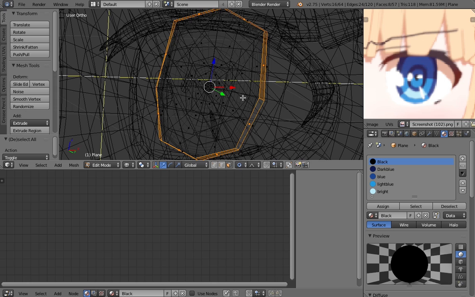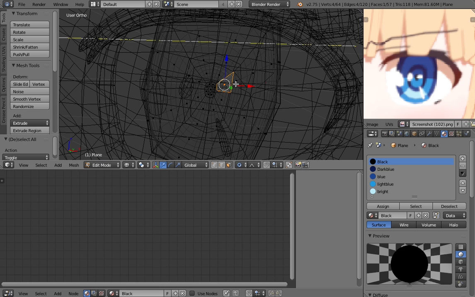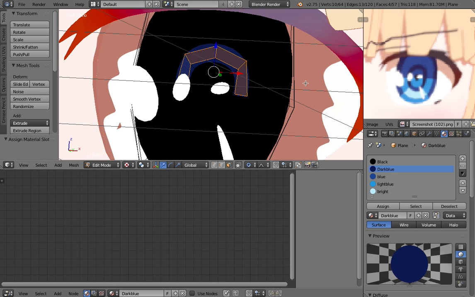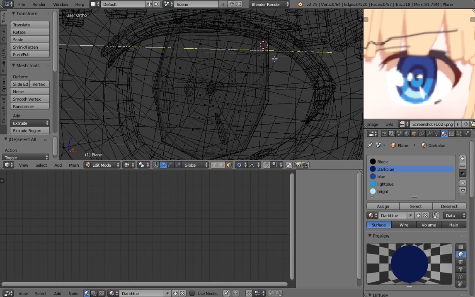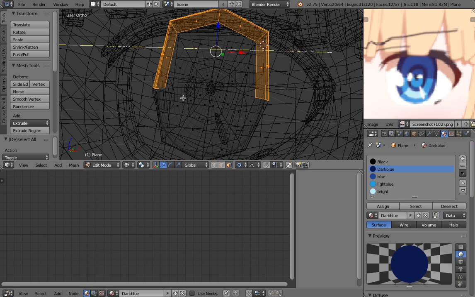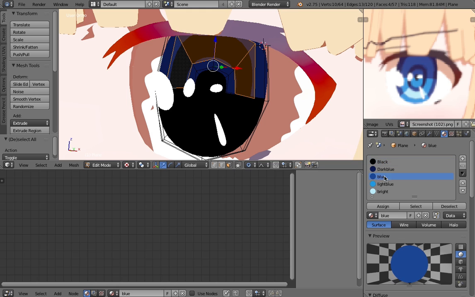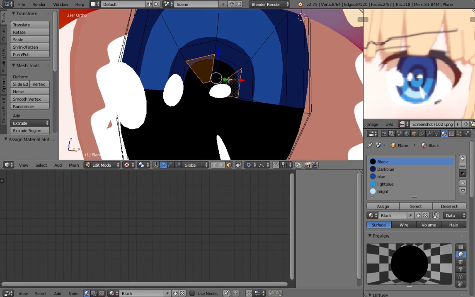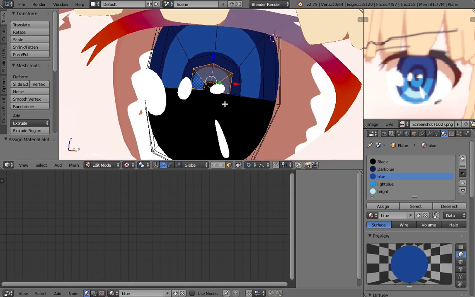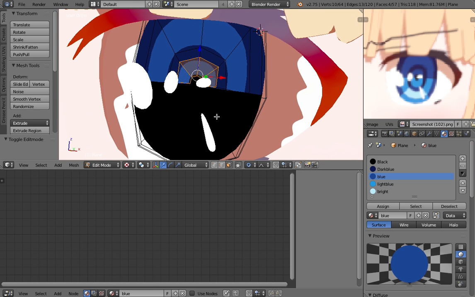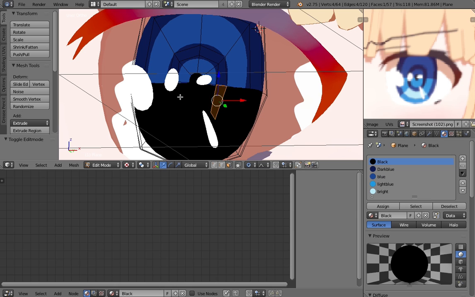Alright, so these ones here are going to be the darkest blue, and the ones here, from here to here, same thing. Then these ones are the next blue tone, and same for these here. You just do it the way you like to do it. It's really up to you. Then here we have the same blue, and